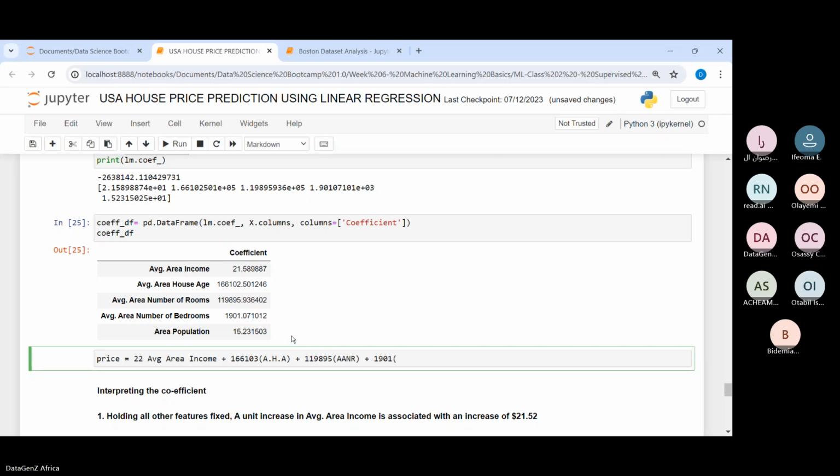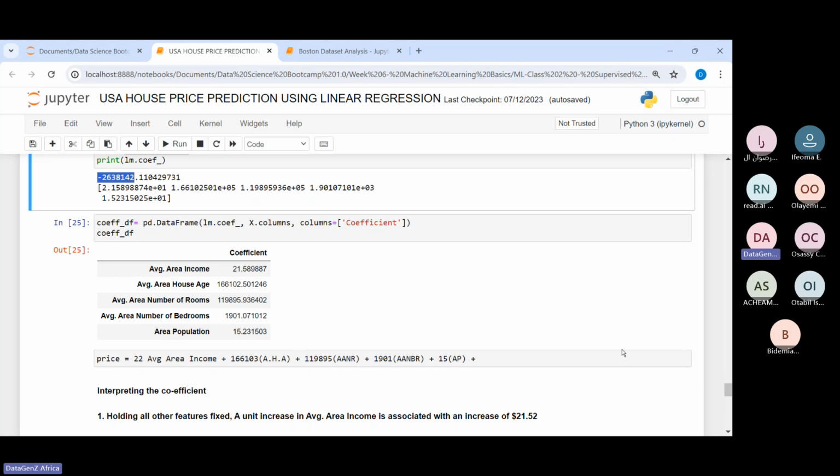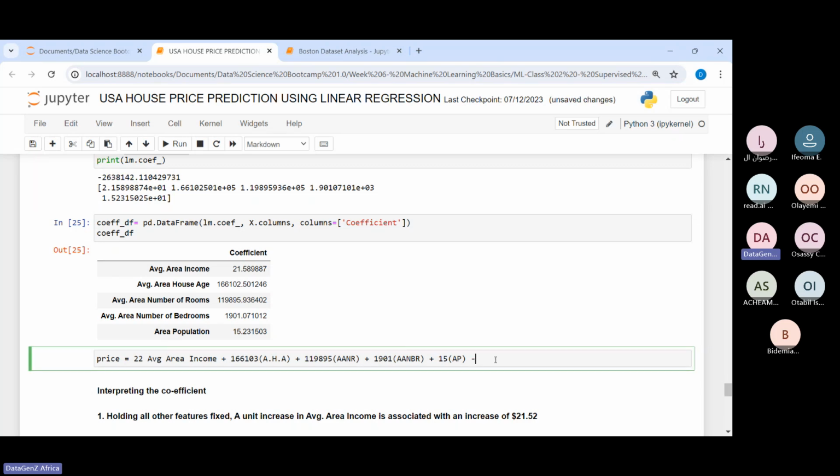average number of bedrooms, plus 15 of the average population, plus now our coefficient is a negative value. These are coefficients. I mean, our intercepts. Our intercept is supposed to be a plus, but I mean the formula for this is